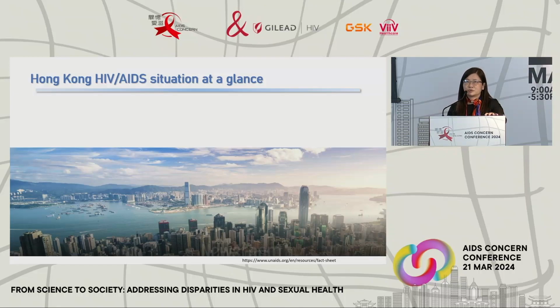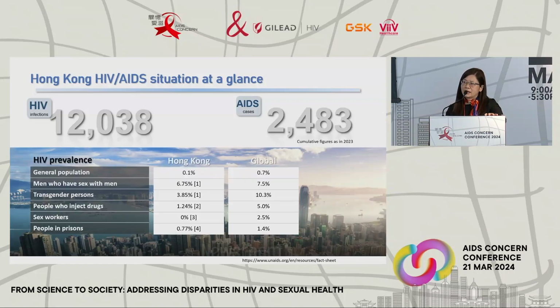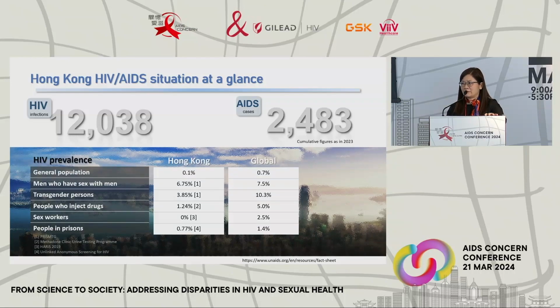Up to the end of 2023, we have received 20,038 HIV reports, and over 22,400 of them have already progressed to AIDS. Comparatively, Hong Kong has a relatively low HIV prevalence of 0.1% among the general population, compared with the global prevalence of 0.7%. And we have a concentrated epidemic. The prevalence is much higher among some priority or key populations, notably MSM, with